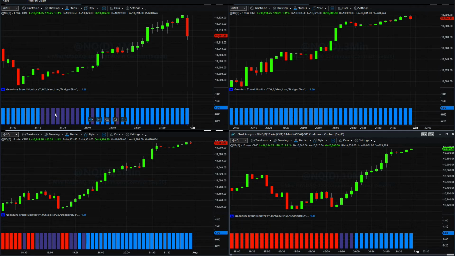We get some congestion here. You can see the bullish trend has developed. We've had a little bit of reversal here, and we're starting to see that reflected in the darker blue. We come out into brighter blue as this starts to develop. We get a little bit of a pause here, but then we're out again. Then another pause as we move into this congestion phase, but out the other side. And this really encapsulates what the trend monitor is all about on that particular chart,